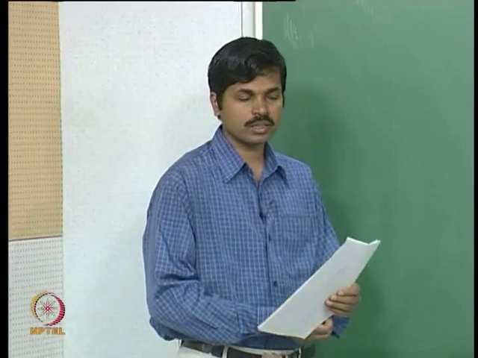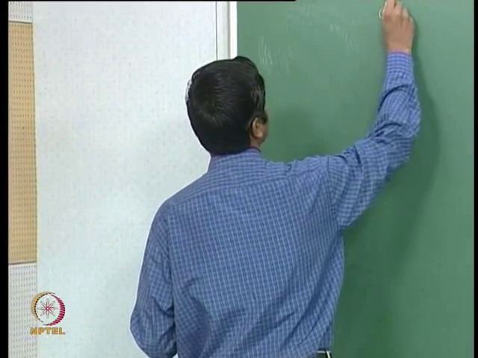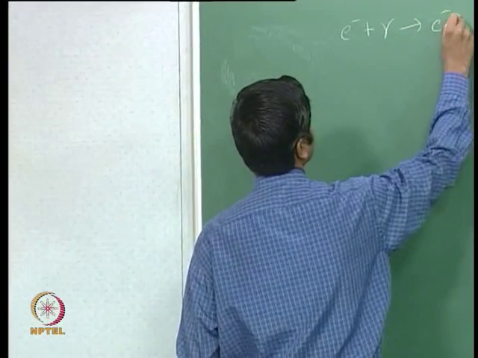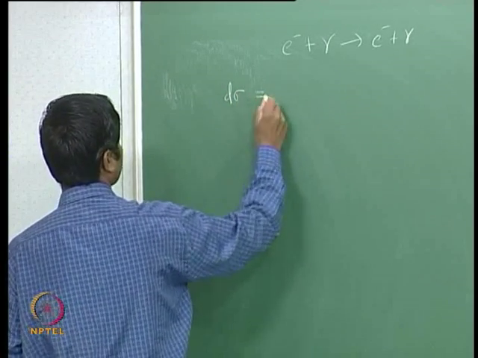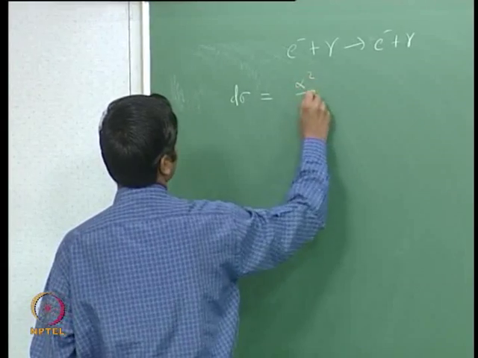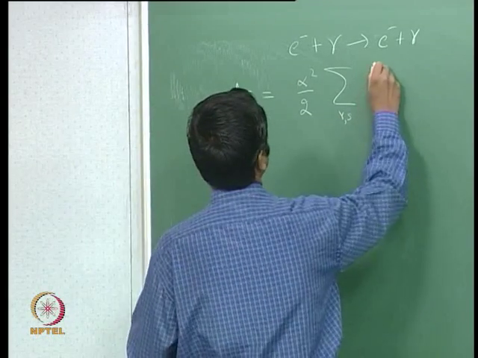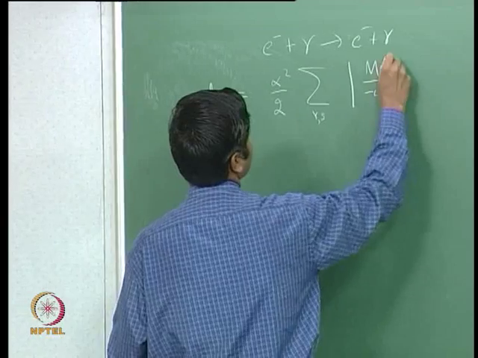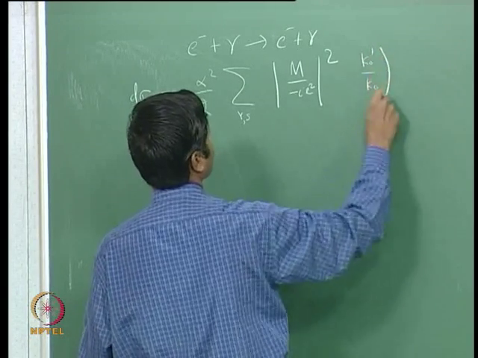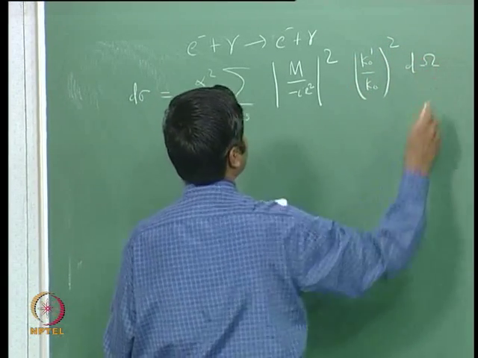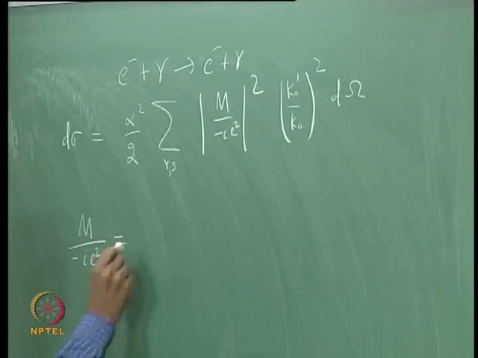Okay, so let me summarize our discussion so far. We have been computing the cross section for Compton scattering, e⁻ + γ going to e⁻ + γ, and we have seen that the differential scattering cross section dσ is given by α² over 2, sum over r, s, of the modulus of M over minus i e squared, whole squared, times k0 prime over k0 squared dΩ, where this quantity M over minus i e squared we have seen